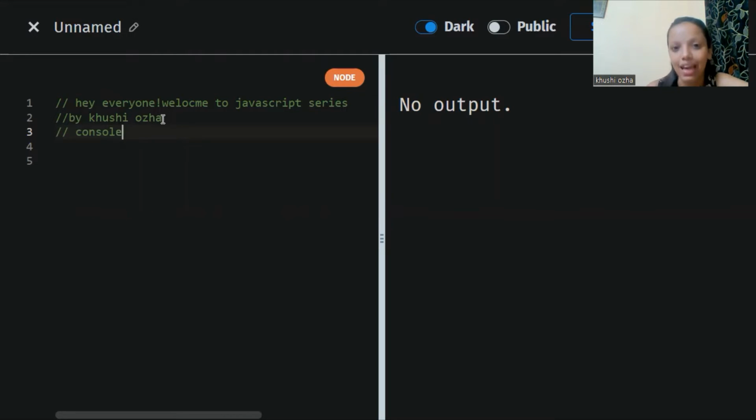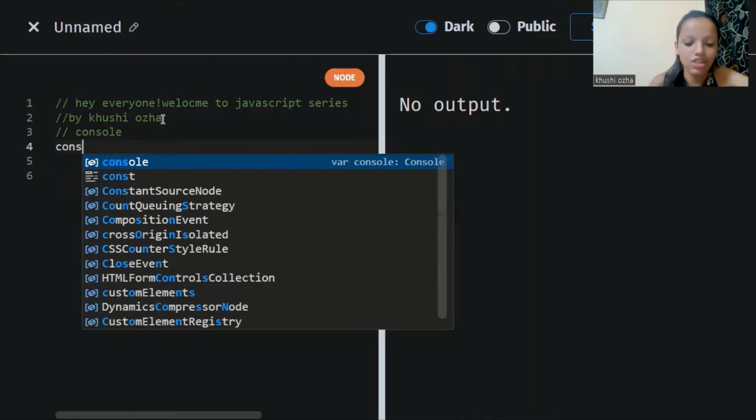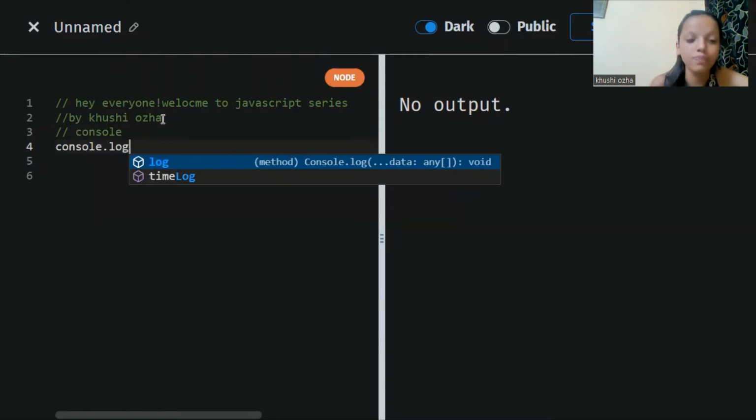So any such kind of error, you report it to Windows, or your iOS one. When you report it to Windows, it goes to the Windows console, and the complaint is logged over there. Now, what is logged? Logged means when you note down something or pin down a part of information. Now here, if you want to print out anything using JavaScript, we use console.log. This is actually a method, console.log, and in this method you can